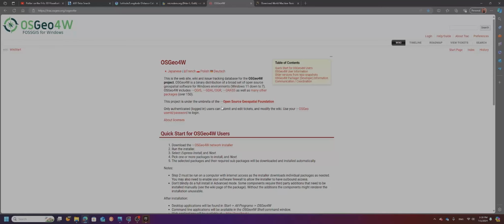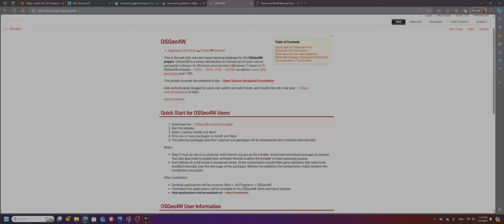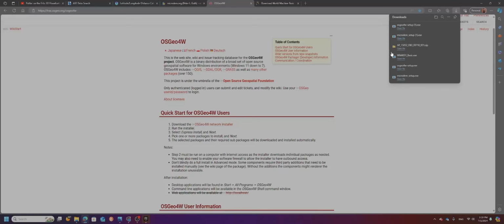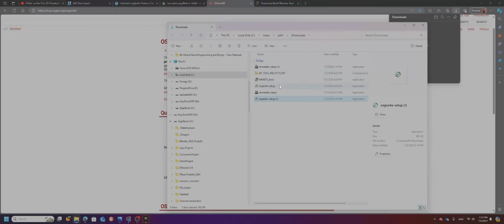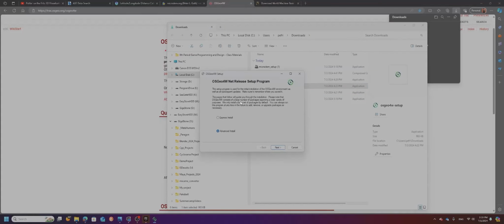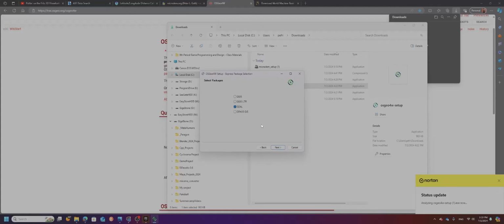So what we're going to do is down here, if you scroll down just a little bit where it says Quick Start, okay, there's the download. You're going to run the installer, some instructions here. So we're going to go ahead and click on the network installer, okay, and it will download the network installer. You're going to go ahead and go to your downloads. Now I already have it on here, so if I double click on it, we want to do Express Install, okay, and we're going to say next, okay, and then it'll pop up, and these are the different packages you